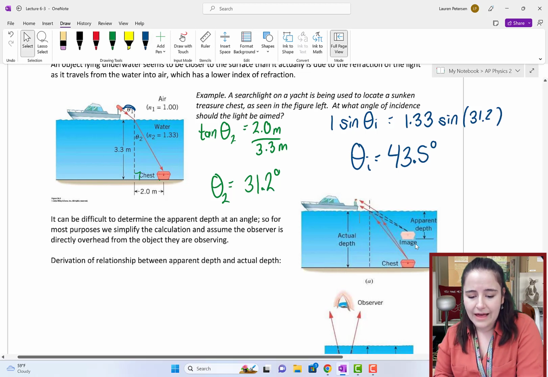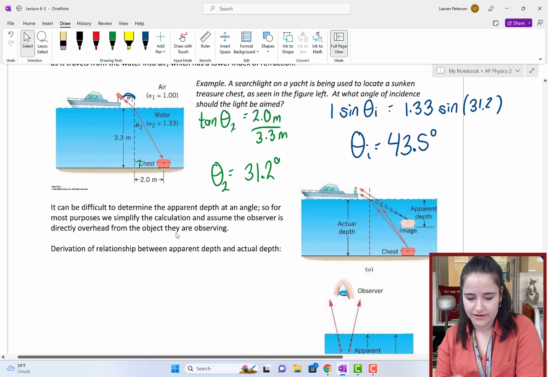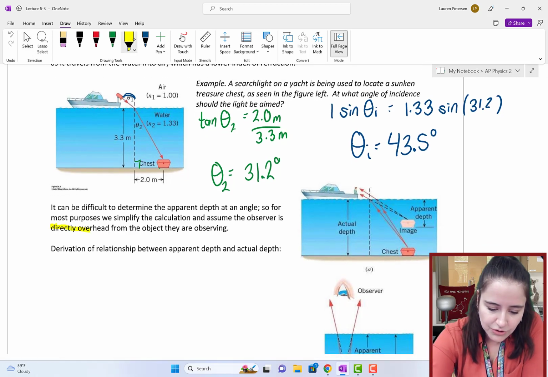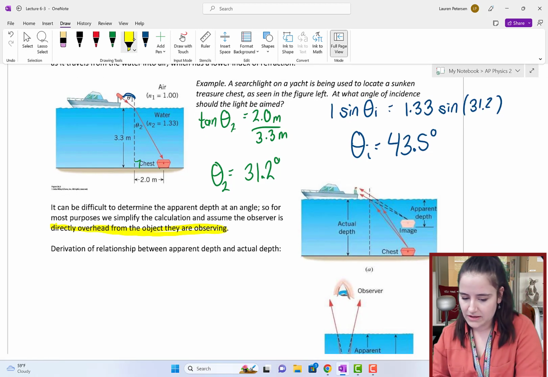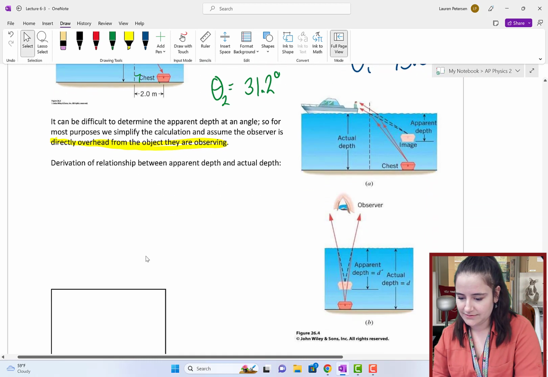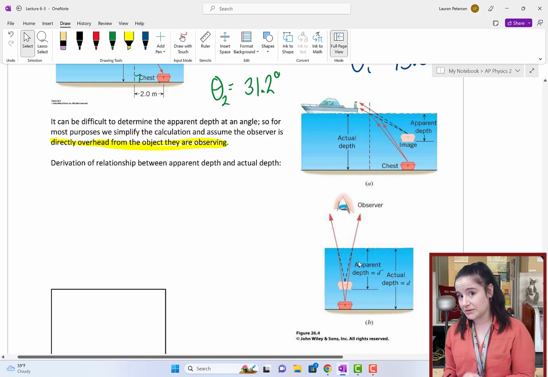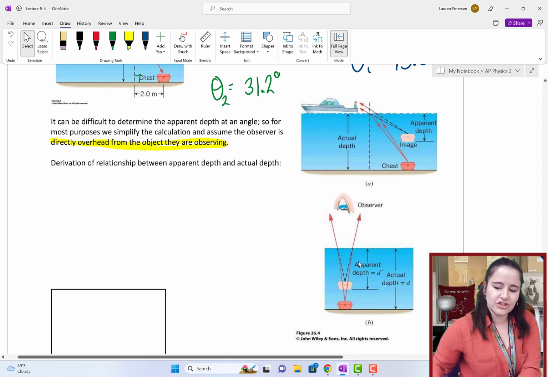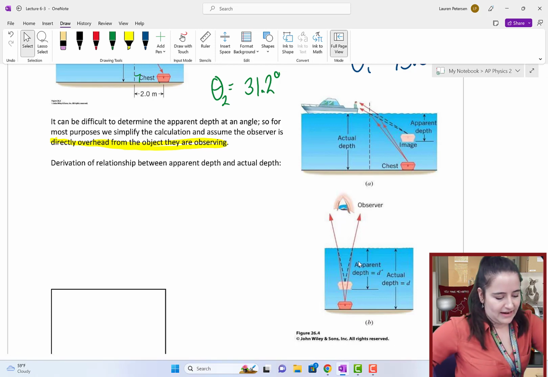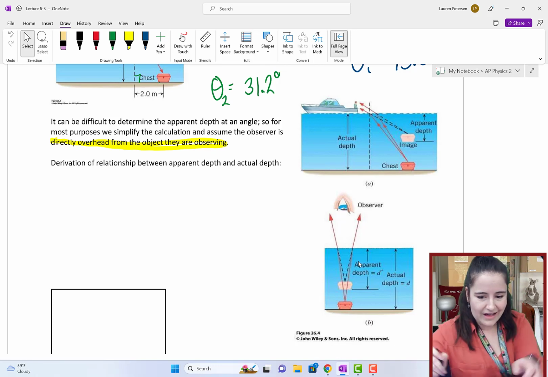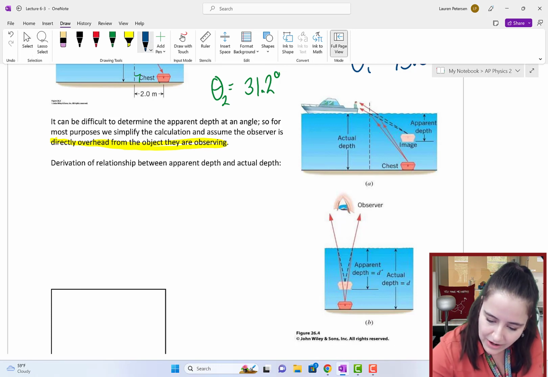Okay, rather we are going to simplify that calculation and assume a person is directly overhead from the object they're observing. Okay, so something here. Now, the actual derivation of this relationship isn't too complicated. However, you will have to rely on the small angle approximation. Now, what the small angle approximation is